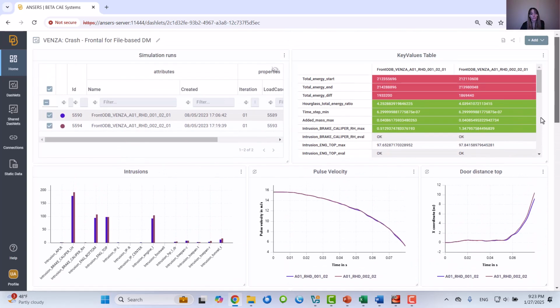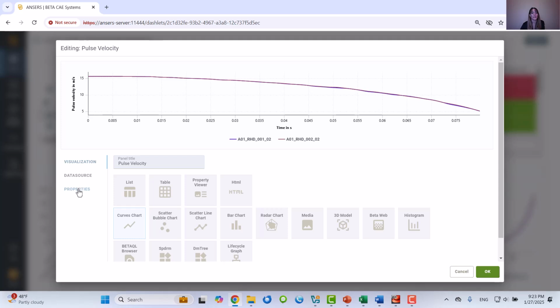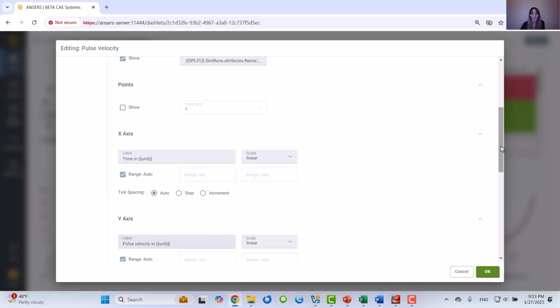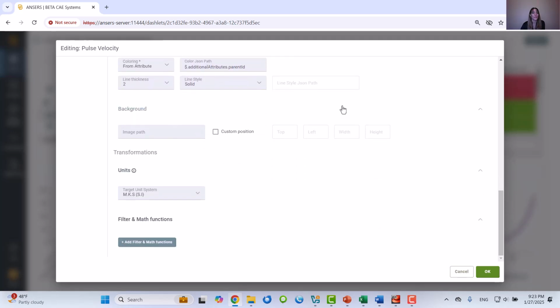However, the first thing is to define the color settings under the properties panel for each visualization type. For example, if we edit the pulse velocity and go under properties in the coloring section, you will notice that the correct attribute is defined here, and this attribute belongs to the selected simulation run.